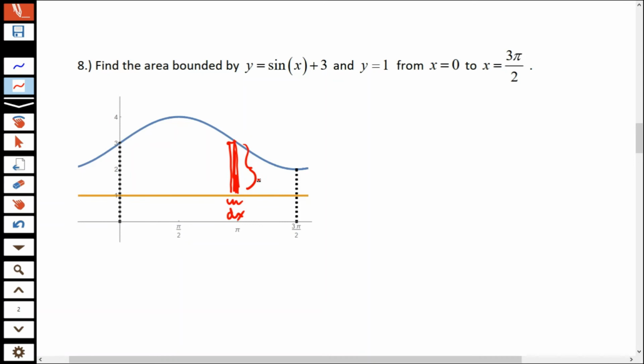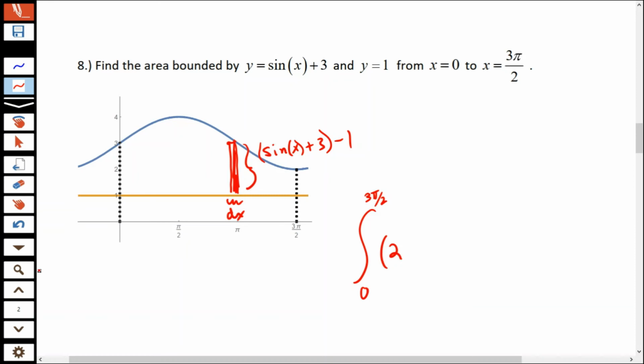The height is going to be the sine of x curve plus 3, and the bottom function is 1. So top minus bottom is sine of x plus 3 minus 1. We can integrate that, going from 0 to 3 pi over 2